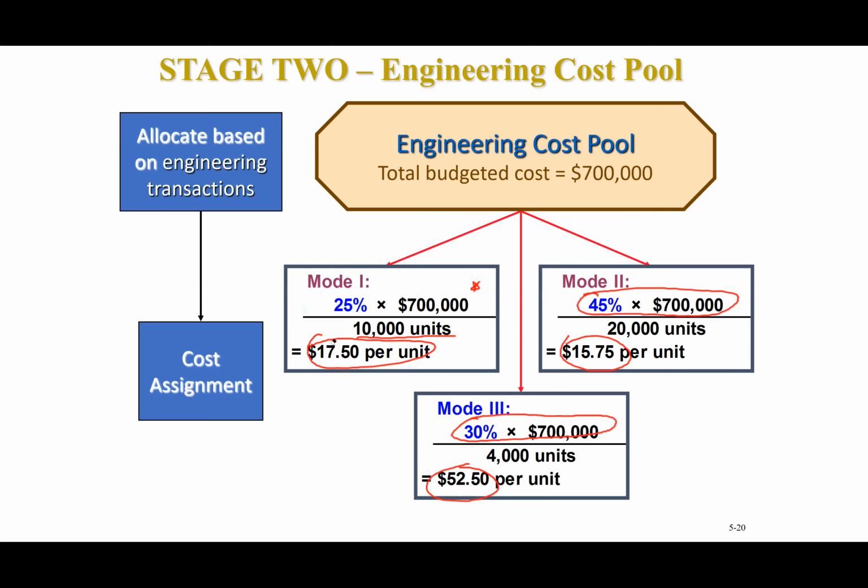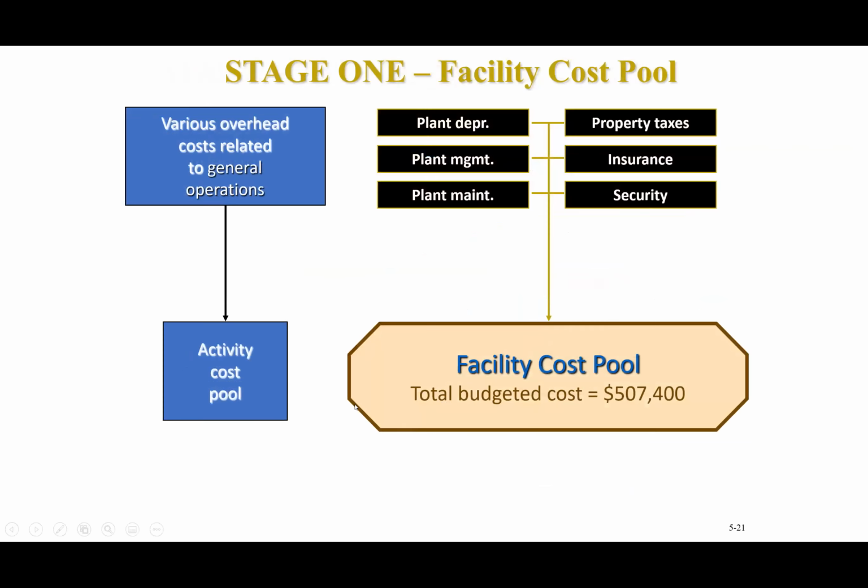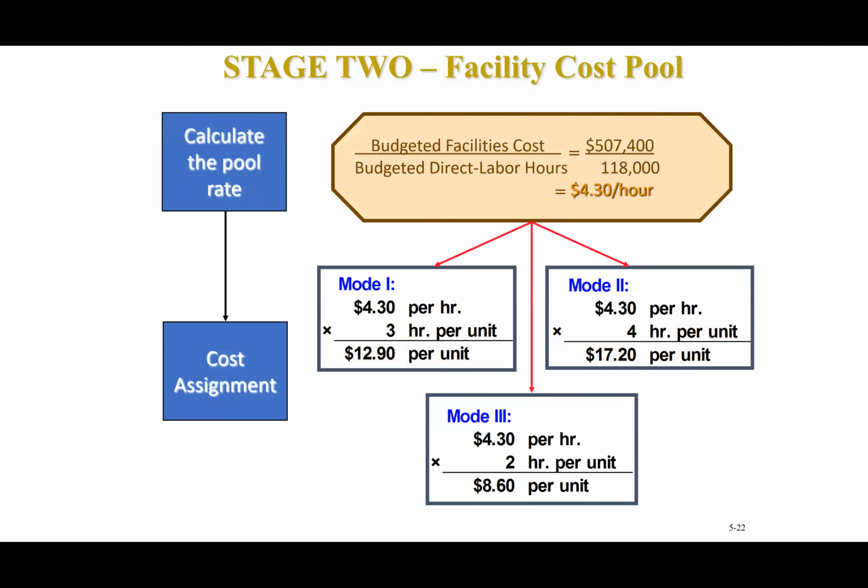So let's erase those. And then we got facility. The cost for the facility cost pool is $507,400. And we decided we're going to simply allocate that by direct labor hours. And we know that we had 118,000 direct labor hours. Therefore, per direct labor hour is